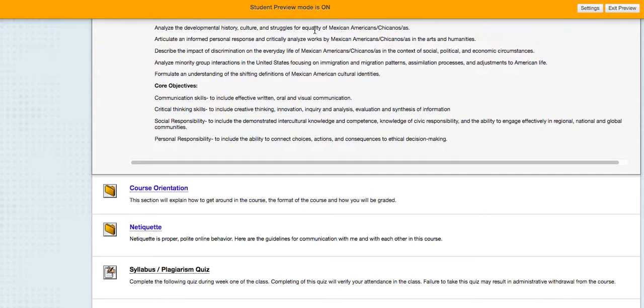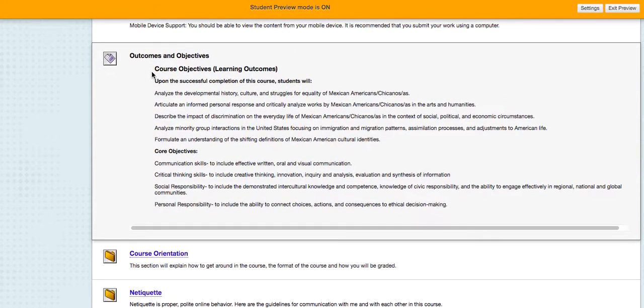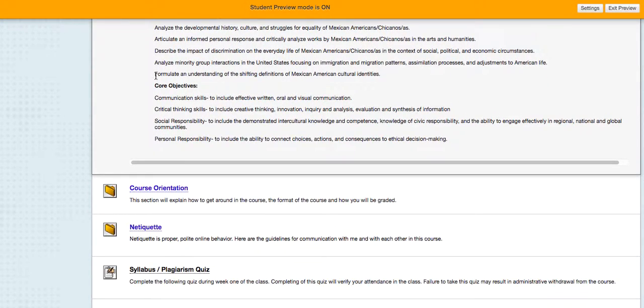And we'll really do that, I think, in Module 8, probably the most explicitly. And you'll formulate an understanding of the shifting definitions of Mexican American cultural identities, in this case specifically as they are represented in film. You will accomplish that particular learning objective through an essay that you write at the end of the course.